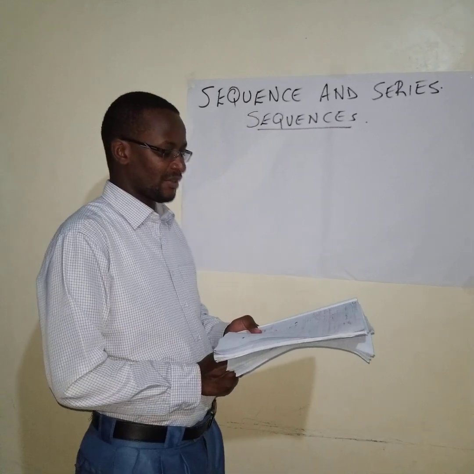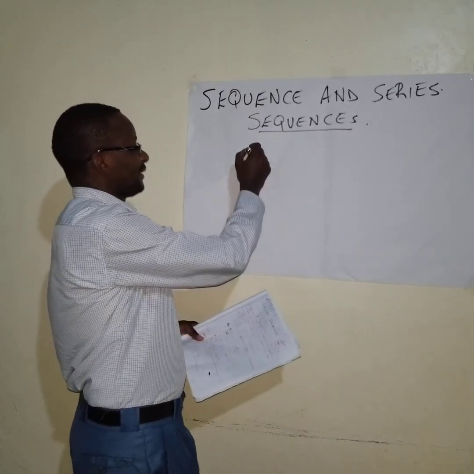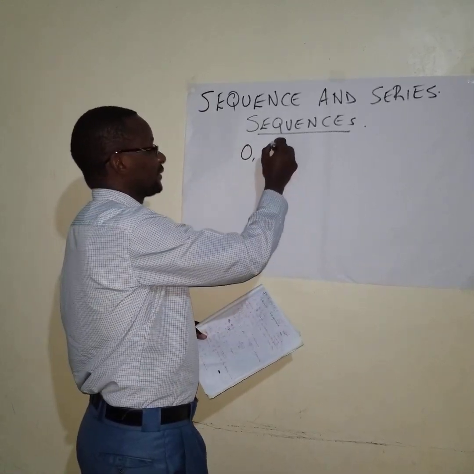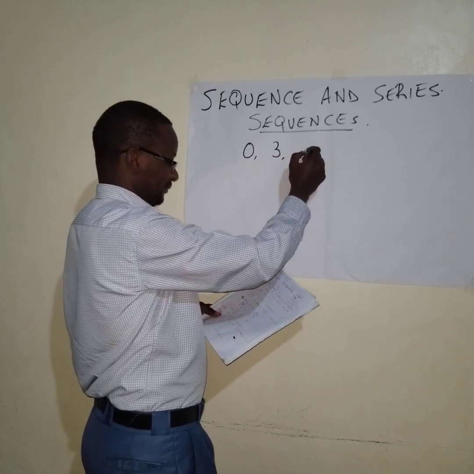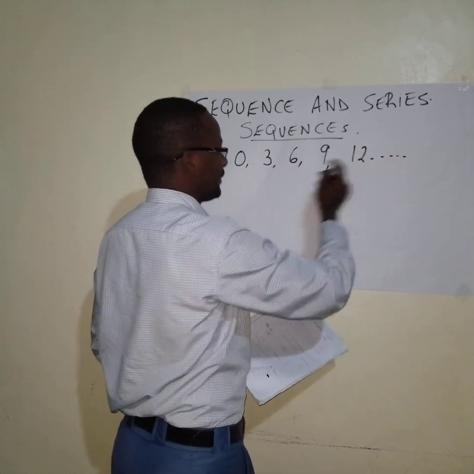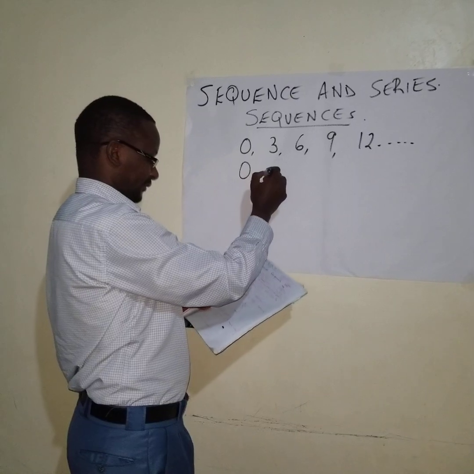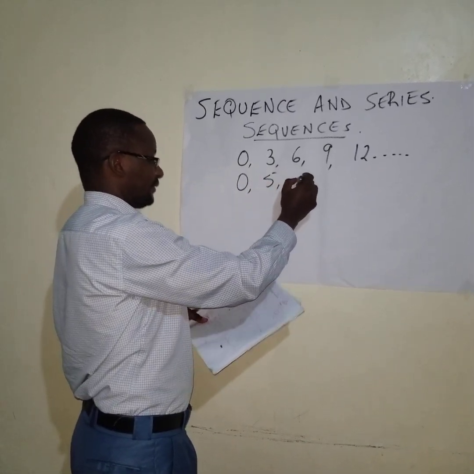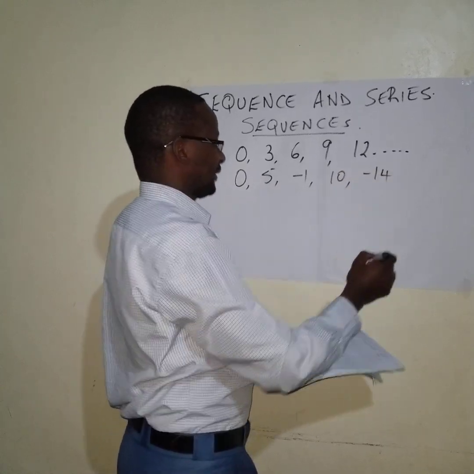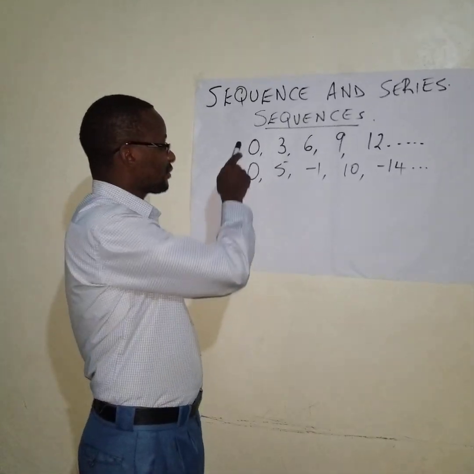I'll give you two examples of lists of numbers here. Then you tell me whether they qualify to be sequences or not. So we have 0, 3, 6, 9, 12. It's a list. And we have 0, 5, -1, 10, -14. Another list. So if you look at these two sets,